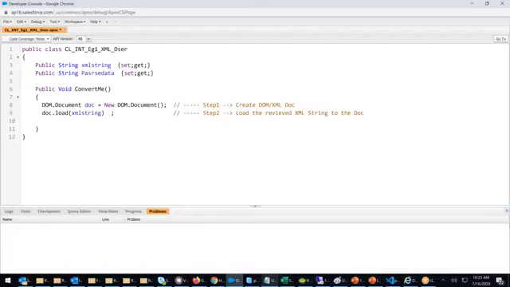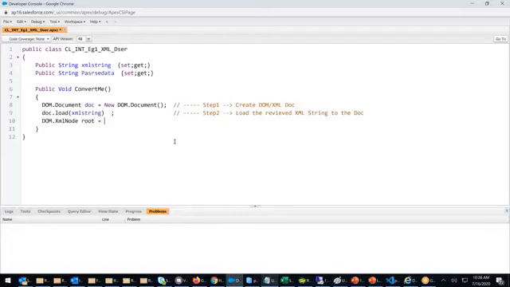Next, in the non-nested case, everything will be on the root itself. So let me say parse data equals to root. Oh, sorry, my mistake. I didn't declare the root only. Okay. Next, you have to get the root. DOM, now get the root first. DOM.xml node. What is that? Root